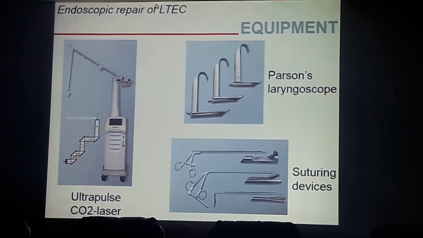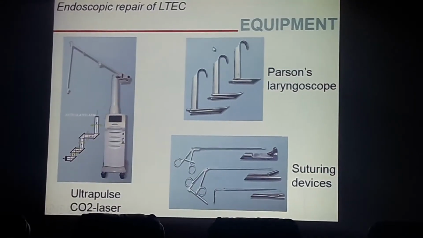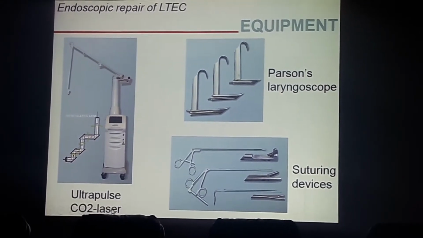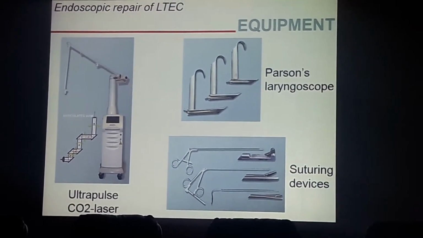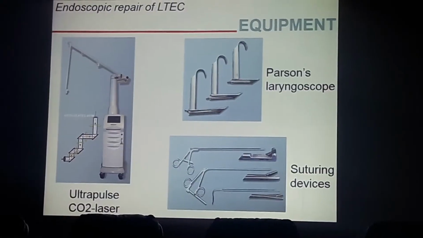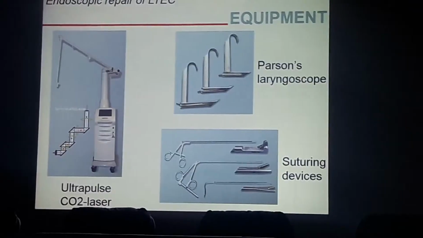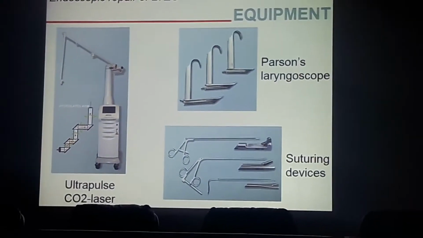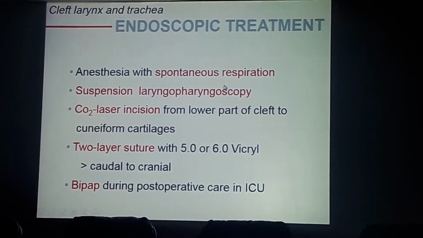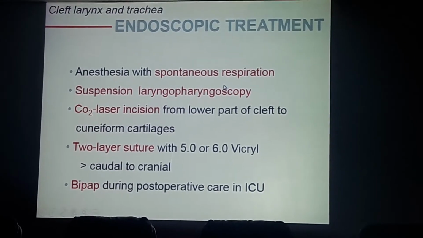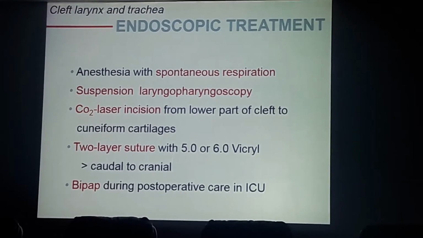So let's talk about endoscopic repairs. You have to have a variety of specialized equipment, and I typically use an ultrapulse laser, which I think is much more tissue friendly in the larynx. There are more than 30 types of lasers available in the market. I think CO2 and ultrapulse are best suited for the larynx. The endoscopic treatment is basically in the hands of the anesthesia to share the airway. So we will talk about a child who has a cleft which is either a short